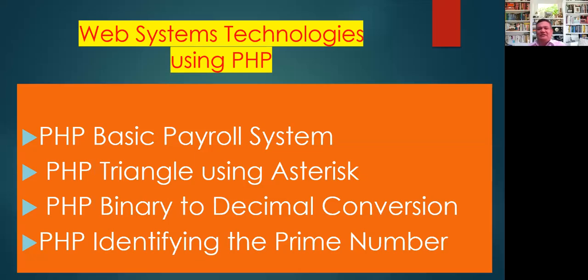Our topic for today is how to compute a basic payroll system, how we'll be able to create a triangle using asterisks, and the conversion of binary to decimal. Of course, it's too hard, but we will create a PHP program converting binary to decimal and identifying the prime number based on our inputted value. So